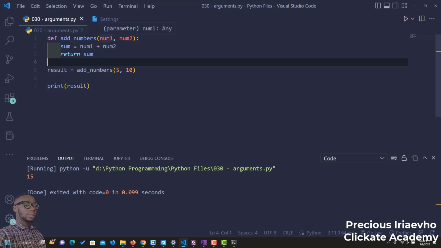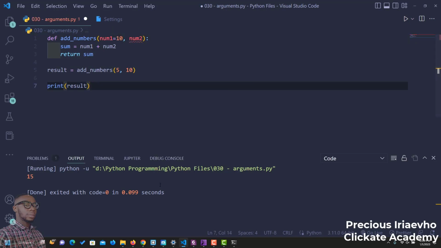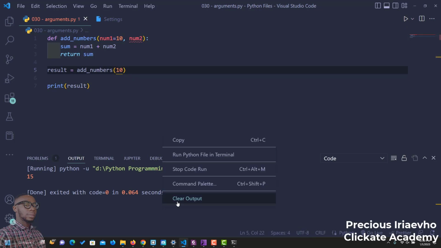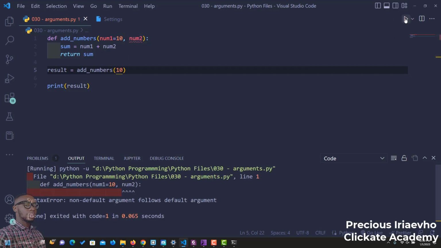Now, we also touched on default values. So what if we make num1 default to 10? What would happen if we run this function again? We still have 15, but what if we did not pass in a value for num1, or we didn't pass in an argument for one of them? What would happen? Let's see. If we run this,